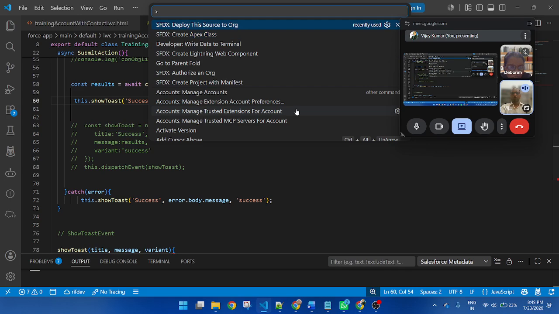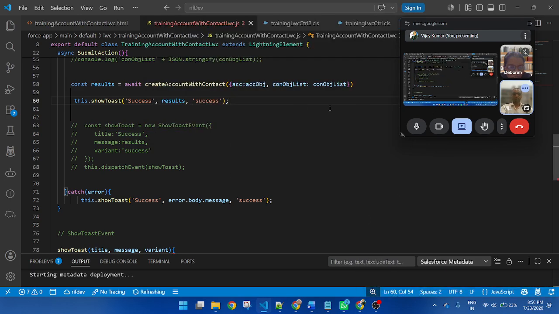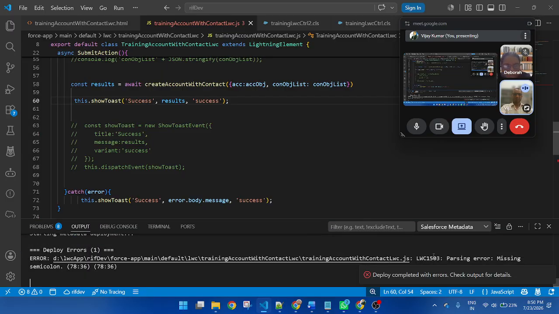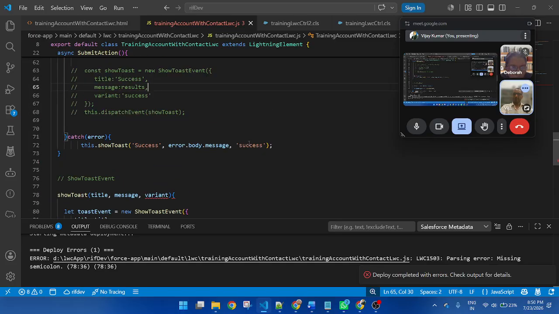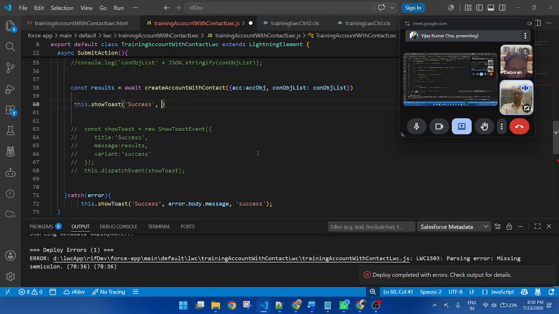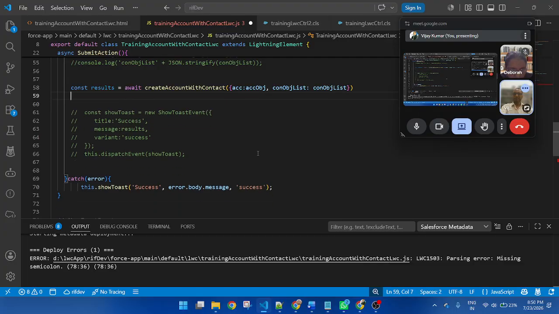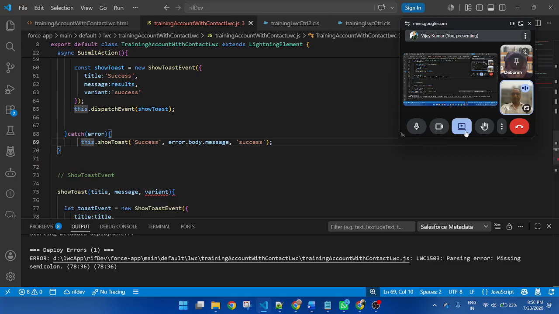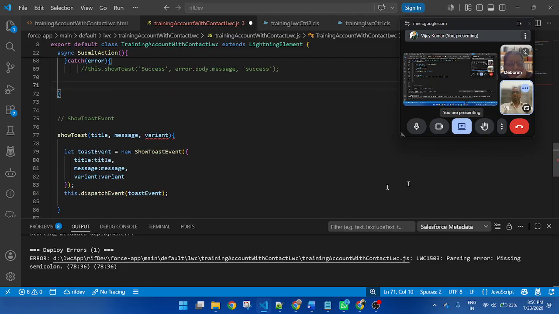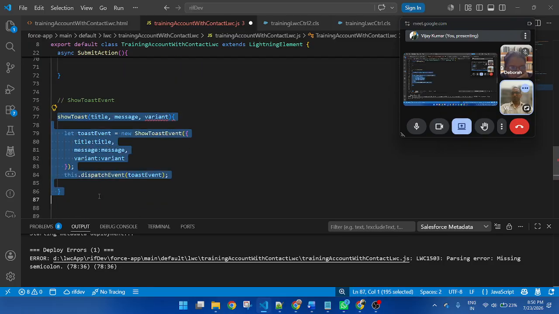Then apply the code. Okay, here I am using the same function, and comment this one. Don't use this, I will see later.